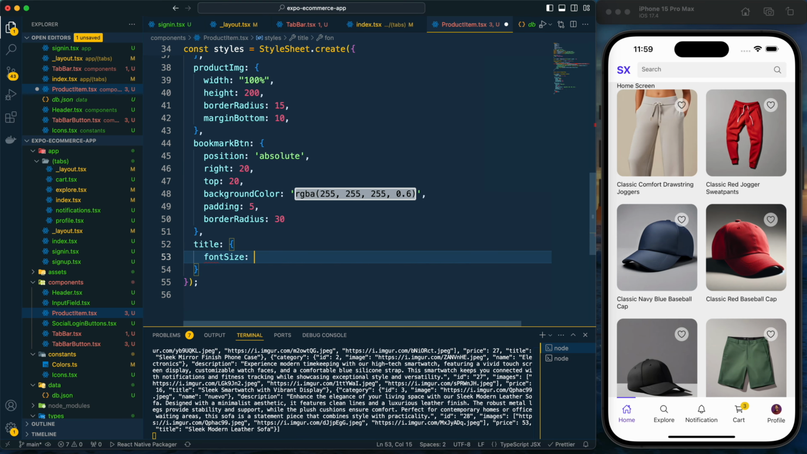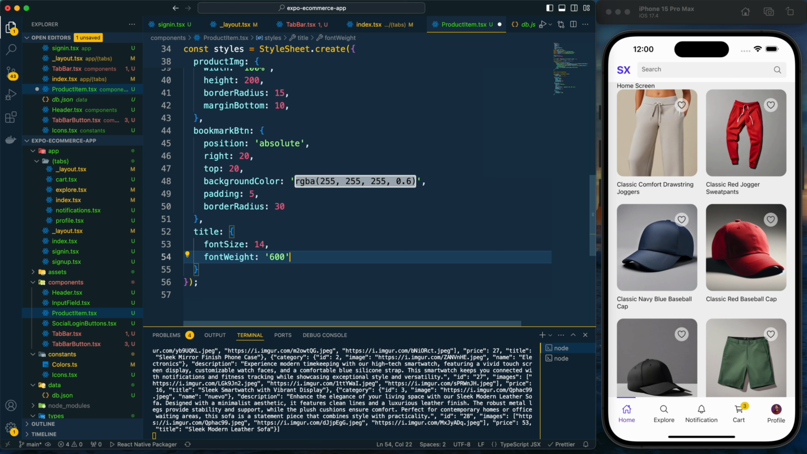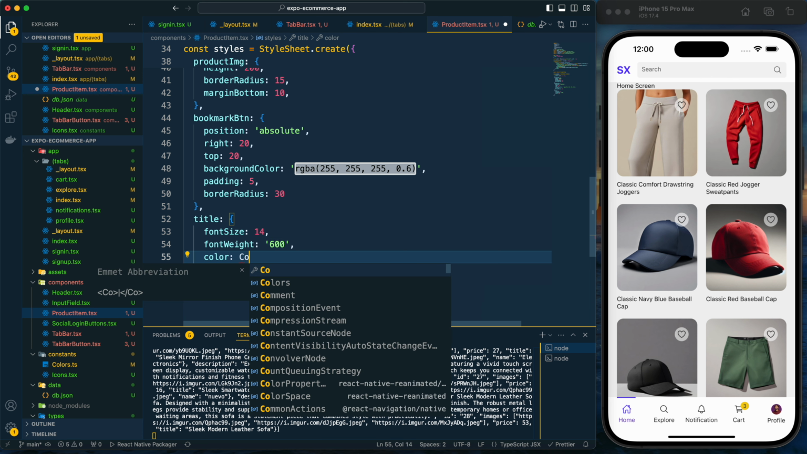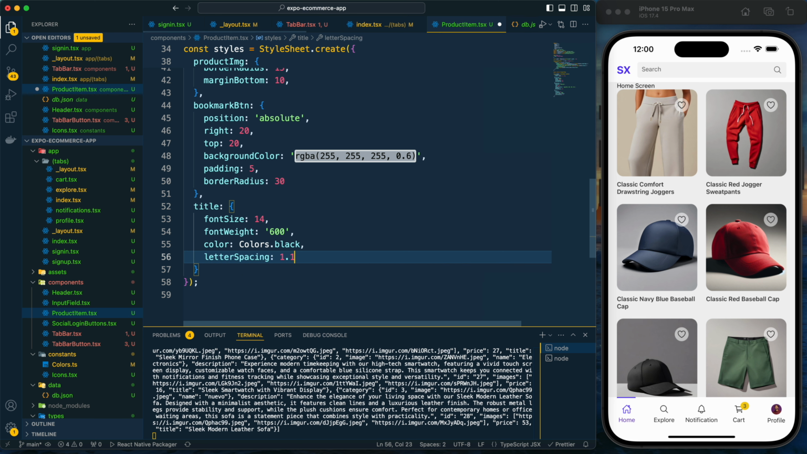For the font size let's use 14. For the font weight I will use 600. For the color of it I will use black color. Now for the letter spacing I will use 1.1. Yeah, it's looking good. Now above this text I will provide some information related to product, which will be the